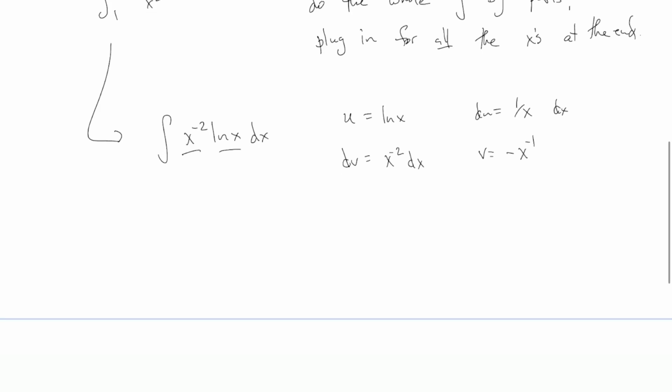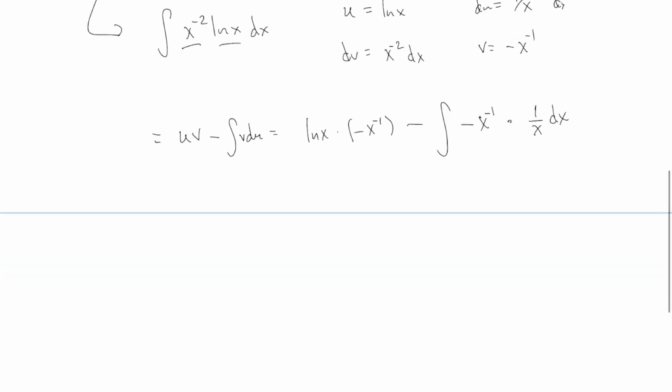So I say my parts formula, uv minus integral v du, is ln x, that's the u. V is negative x to the negative 1, minus integral v, negative x to the negative 1. Du is 1 over x dx. So that's just plugging everything in for my parts formula. Let's simplify as much as we can here. We do have to do that other integral now, but it's just powers of x in there, so it should be fine. What I got in front is minus x to the minus 1 ln x, and then minus,